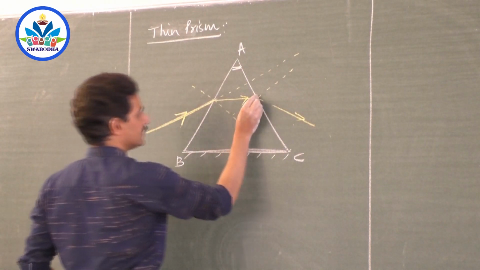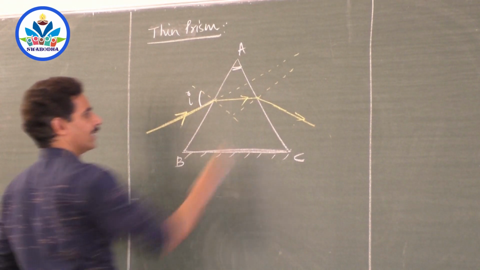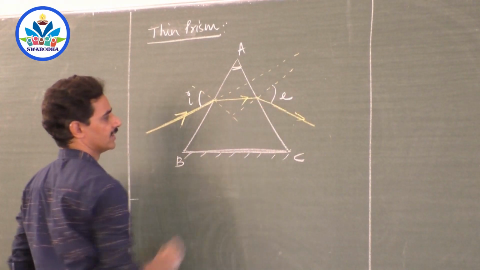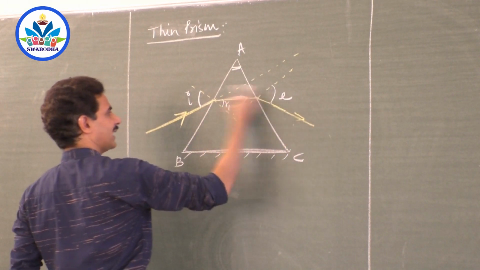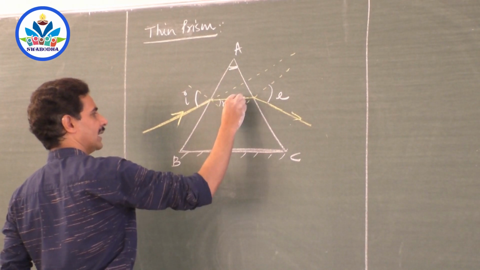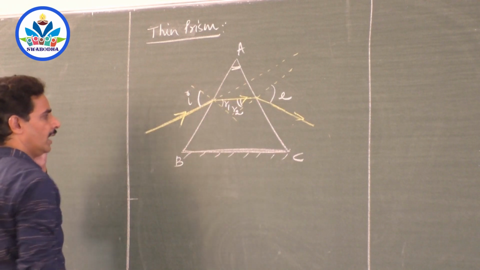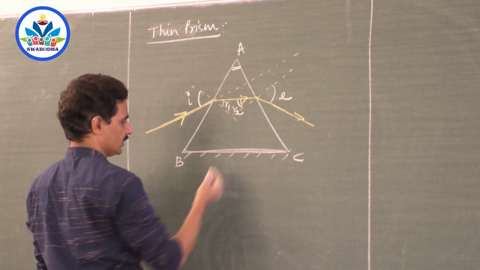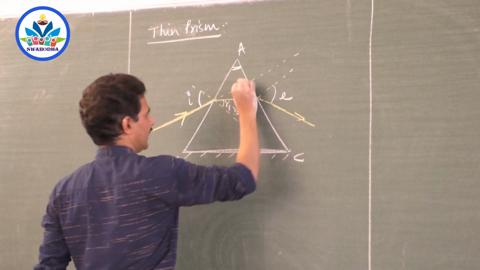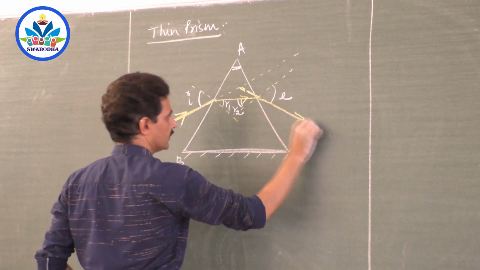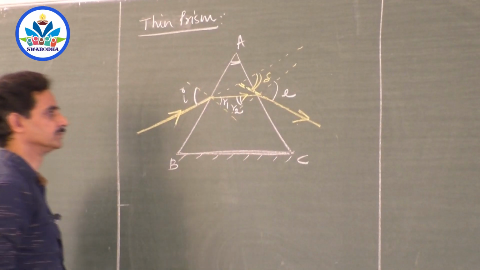So naming all the angles. What are the angles? Angle of incidence, angle of emergence, normal and emerging ray, refracted ray and normal, first refraction. If you put the ray of light like this, then it will move like this. Second angle of refraction, R2. So R1, R2 and everything. So this original direction and final direction, if you move this backwards, that final direction of ray of light like this, then this is the angle of deviation, delta, right?